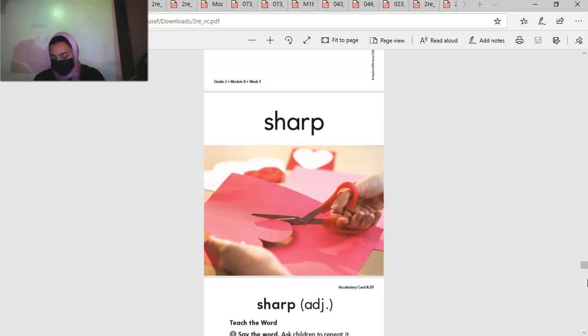We are reading Don't Touch Me by Elizabeth Preston. It's in your HMH book on page 178. Go ahead and make sure that your book is open with us to page 178. If you need some time to do that, you can pause the video now. Okay, now that you're back, let's go over